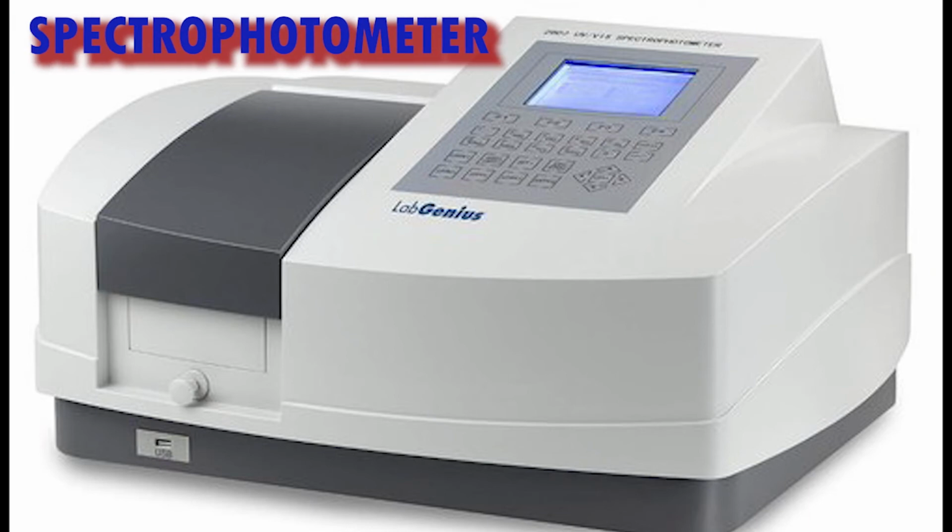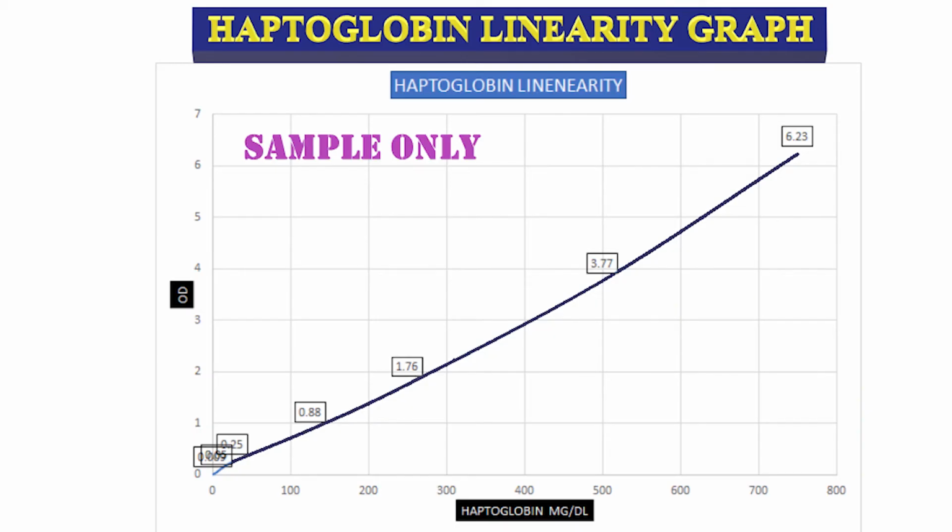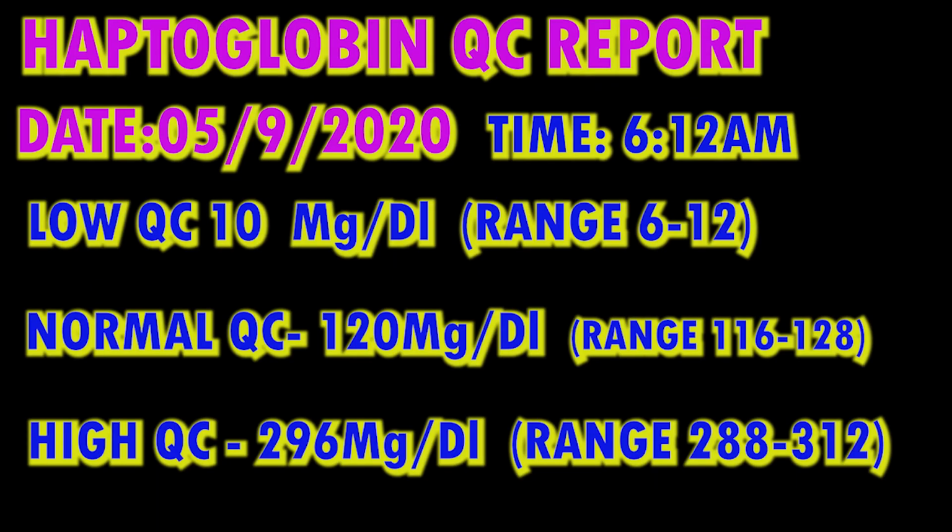Reportable range. Assay reportable range is 8 milligrams to the highest calibrator concentration. Samples can be diluted 1 in 2 or 1 in 4 with saline and assay may be done for higher values. A multi-point calibration curve is generated using specific calibrators. Calibration is stable for approximately 55 days in most of the reagents, and it is required with each change in reagent lot number. Three levels of quality control are to be done every 24 hours. Please refer to your reagent manufacturer instructions and your lab policy for calibration and quality control.